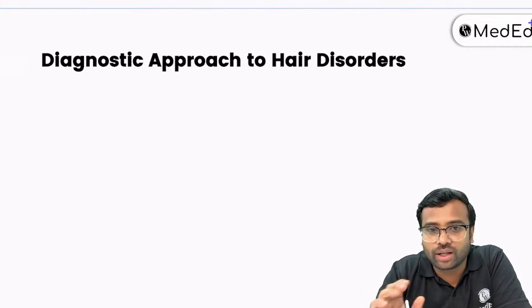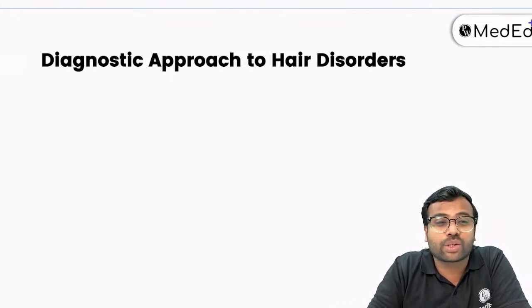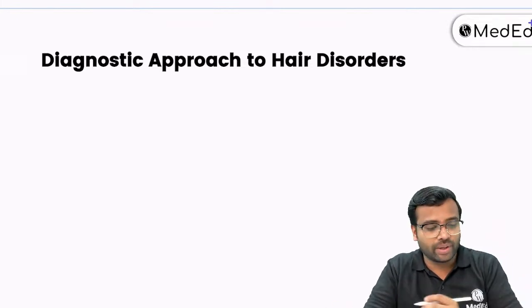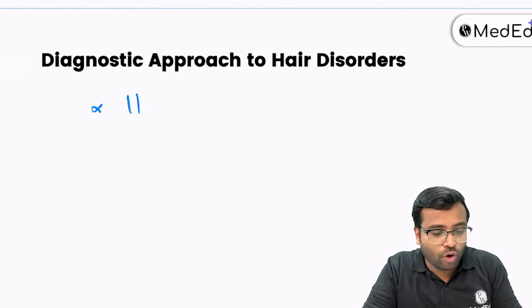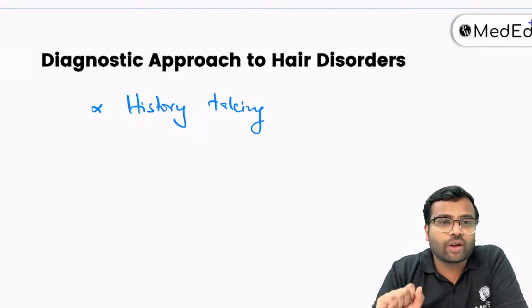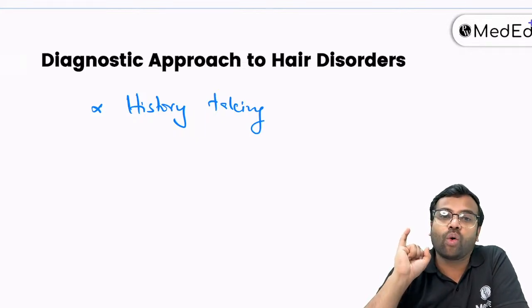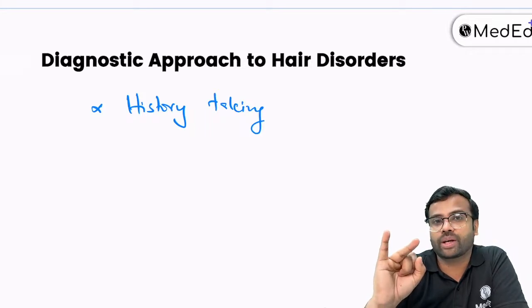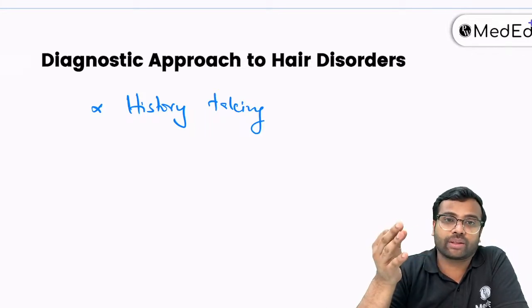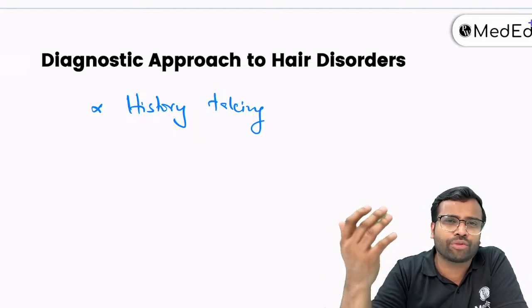Your approach to all these diagnostic hair disorders should be, the first thing, to focus on a good history taking. Okay, you have to take a very good history, like when did this lesion start appearing, how was the onset, okay, and what is the duration, is it present for how long, is it 1 month, 1 week, few days,